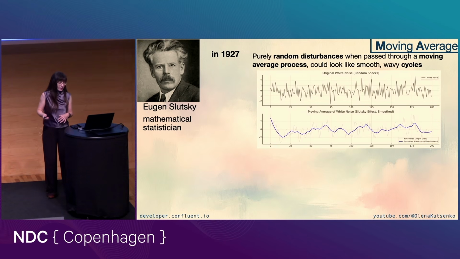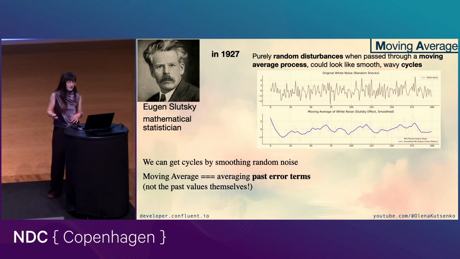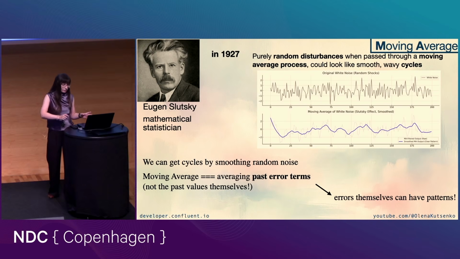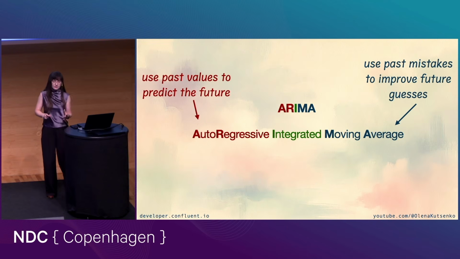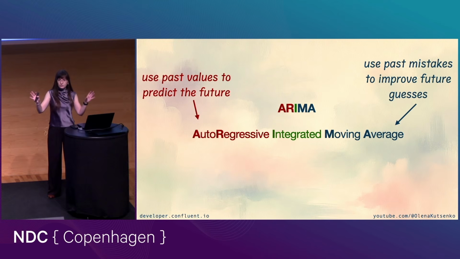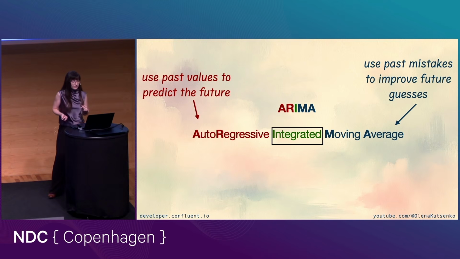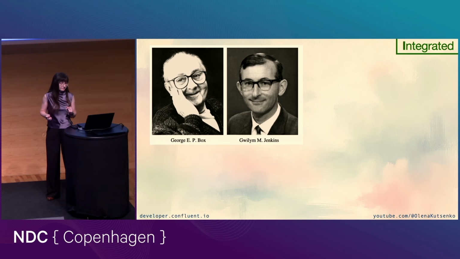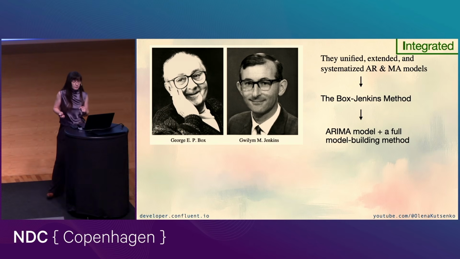So in this way, he showed that errors themselves can have patterns. And using his model, we can use past mistakes to improve future guesses. And those 2 models can be combined. It was tried to be combined by these 2 guys. However, there was a problem: